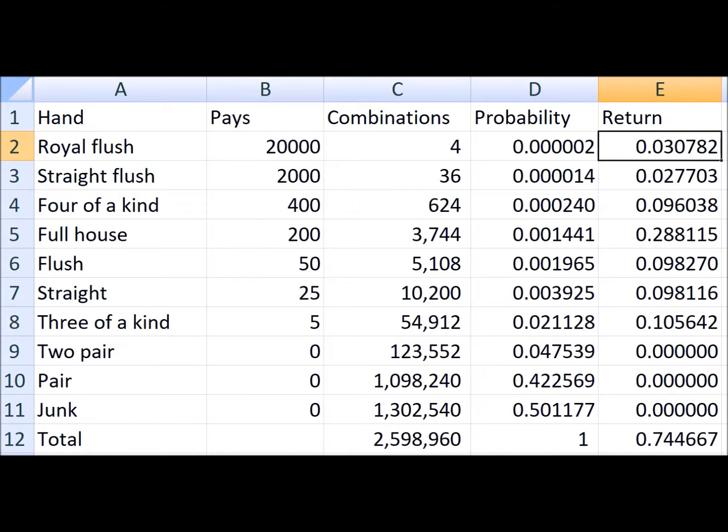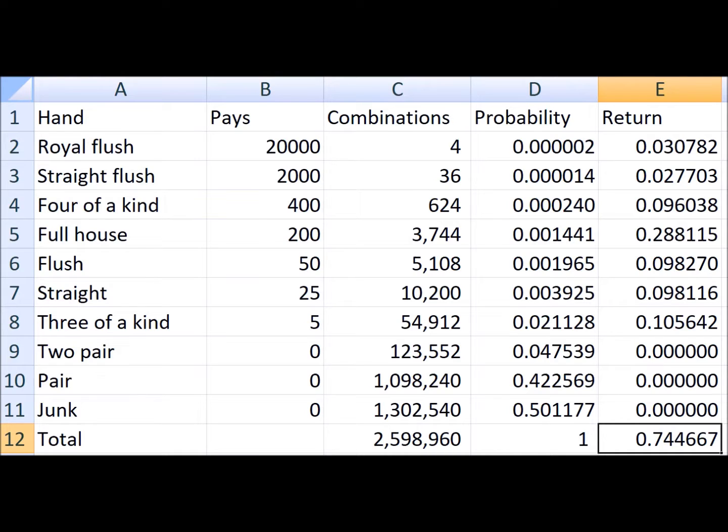For example, there is, as we know from before, about a 4 in 2.6 million chance of getting a royal flush. If we multiply that probability times 20,000, it results in expected return of 3.08 cents. So that's how much the player, if he bets $1, can expect to get back in the form of royal flush winnings. He can expect to get back 2.77 cents for his straight flushes, and so on. So if you do all the math, the bottom line is that for the player's $1 bet, he can expect to get back